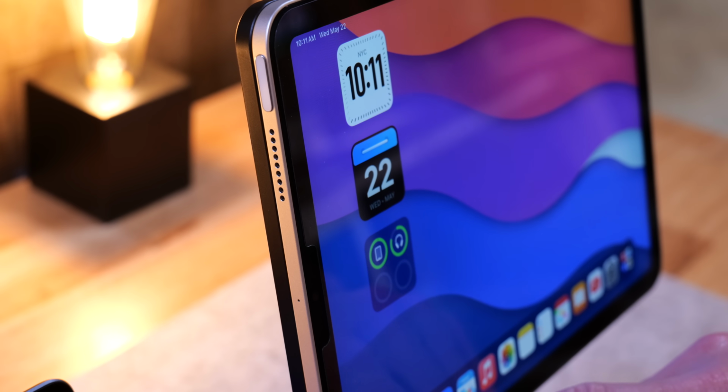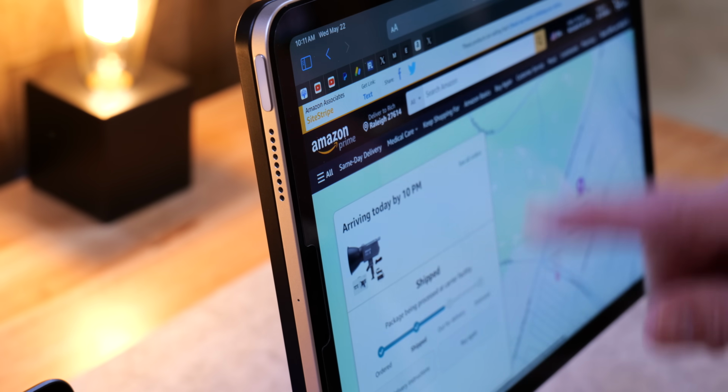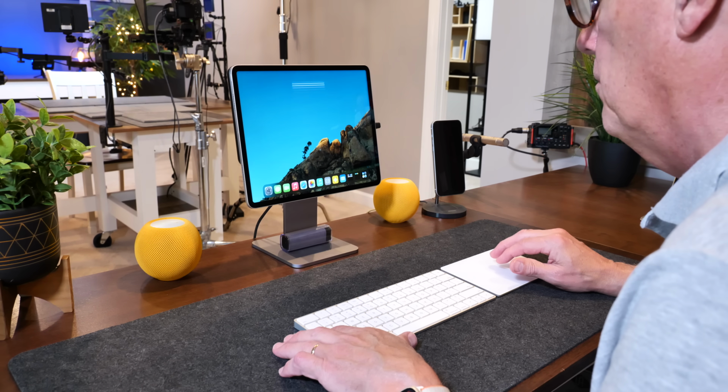Touch ID comes on the non-Pro iPads. Face ID is reserved for the iPad Pros. And I'm used to both, and it just comes down to personal preference. However, when you're making a buying decision, just know you have to pick the right model to get what you're looking for. Now, if you make FaceTime or Zoom calls, then a new iPad, other than the iPad mini,